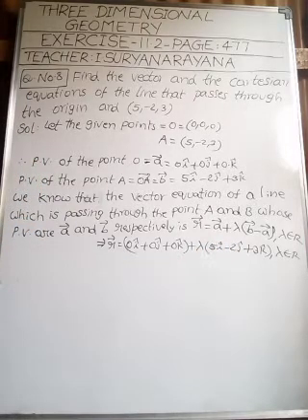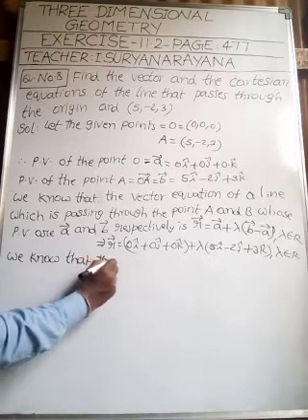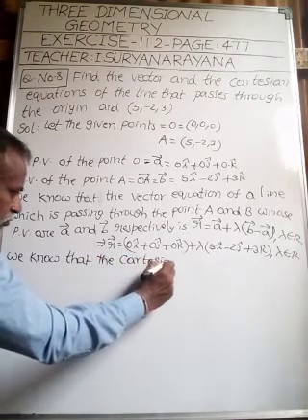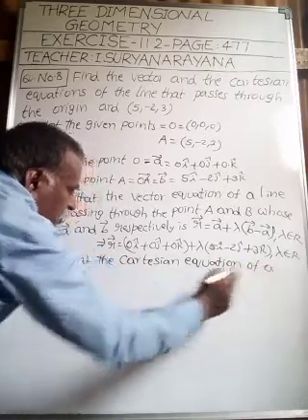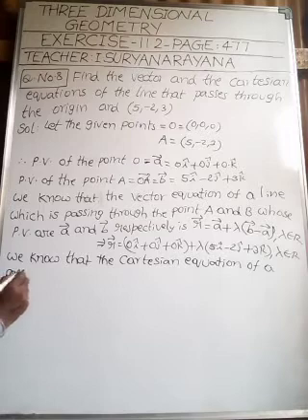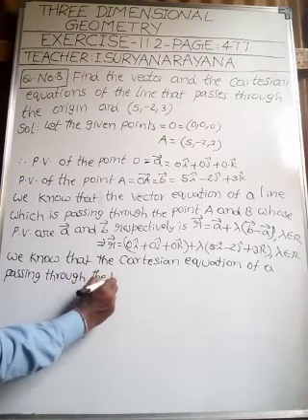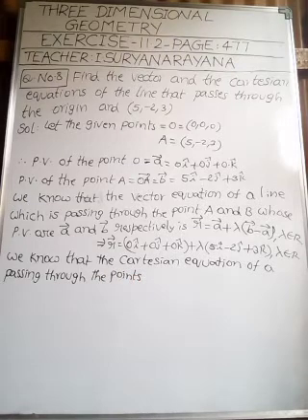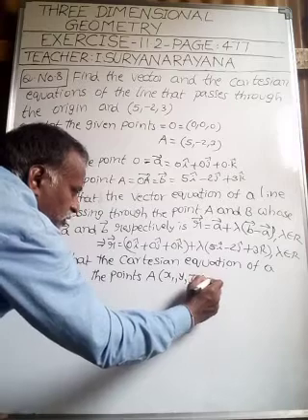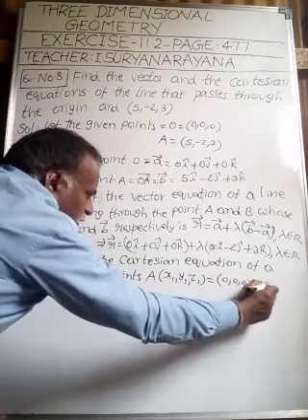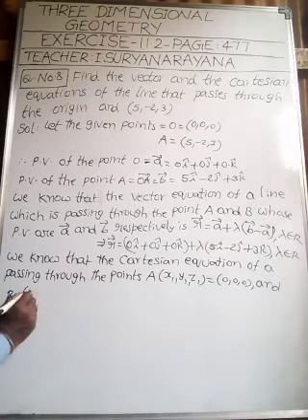So we know that the Cartesian equation of a line passing through the points A equal to x1, y1, z1, that is nothing but here 0, 0, 0, and B equal to x2, y2, z2,